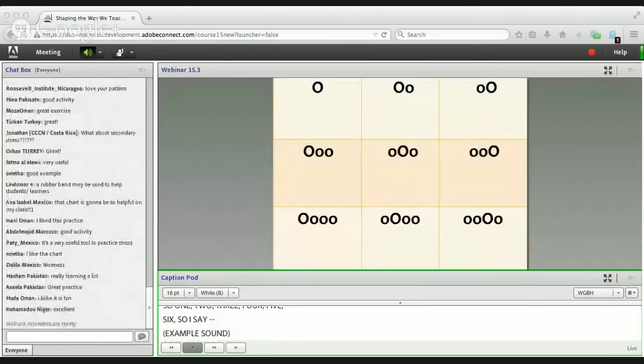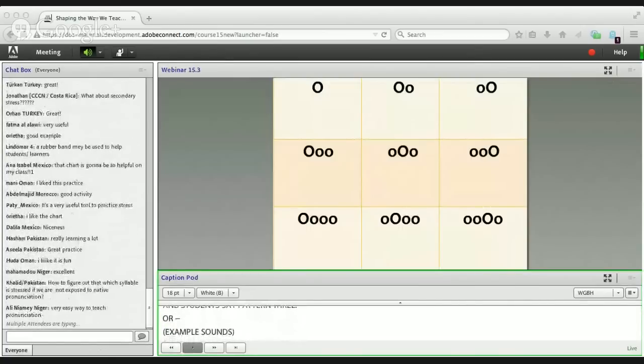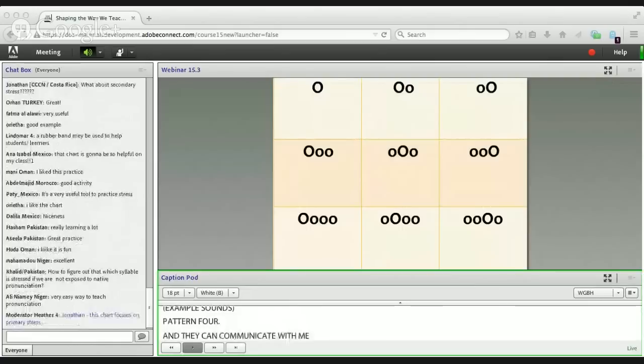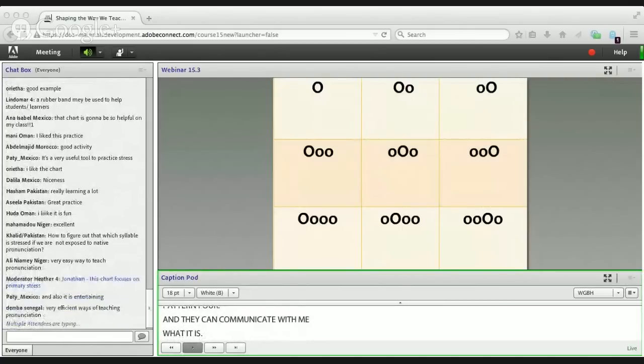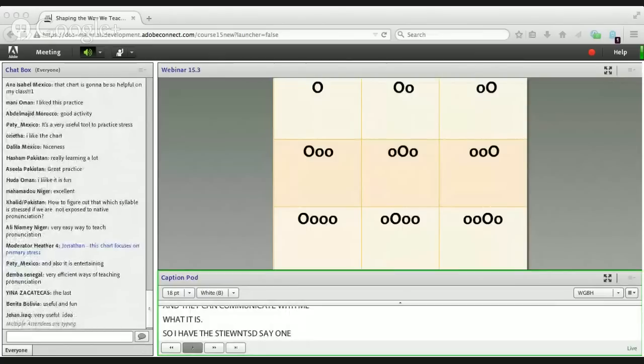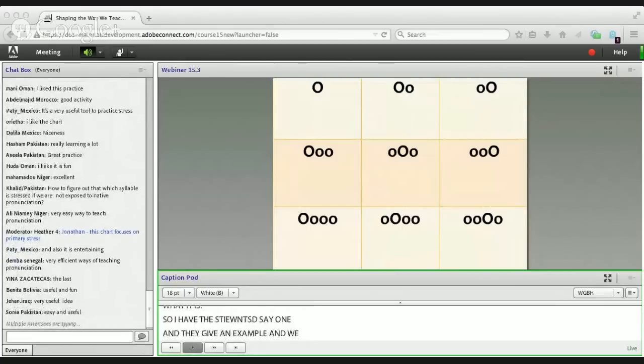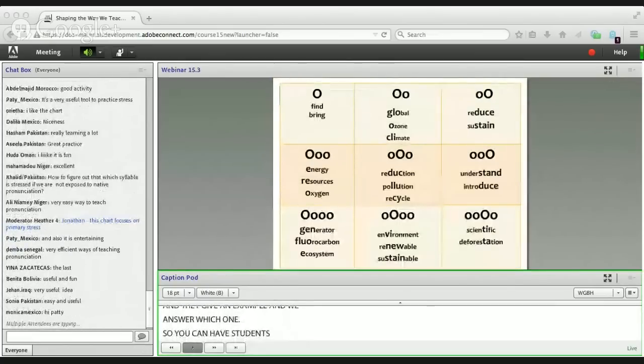And then I have the students say an empty syllable one, da, da, da, da. And everyone says pattern 9, okay? Or da, da, da, pattern 6. You see what I'm saying? So you can have students practice with empty syllables first, and then you go on, and like I was showing